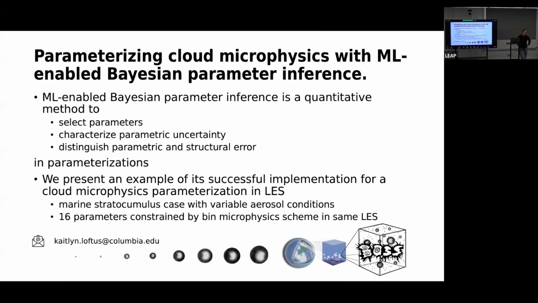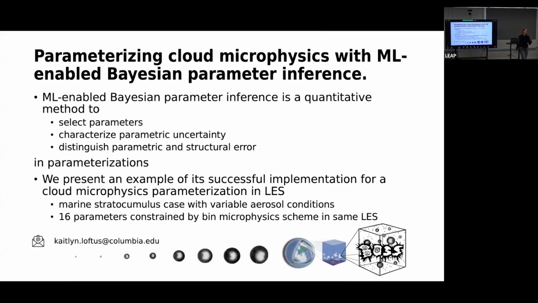And then finally, when you do an implementation in a GCM, what you get out of this process, as I understand it, is a joint distribution of parameters. Do you implement that in the GCM, or do you implement the central estimate, or how do you do it? I think that's a good question, and something that Marcus and Greg are pushing for is to not just use a single set.